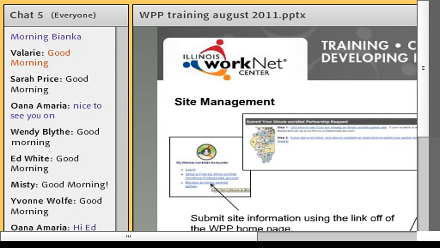Once we've verified the information and it's approved, they will be added to site management, and their account will automatically be approved, and they'll be given what we call an organization administration role, since they are the person who requested the information. Basically that means they will have the ability to update the site